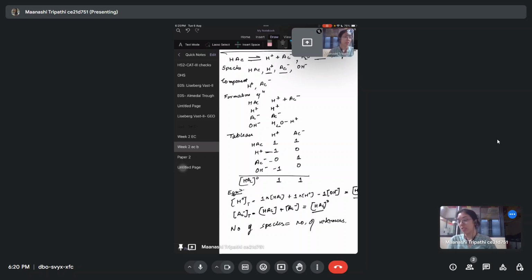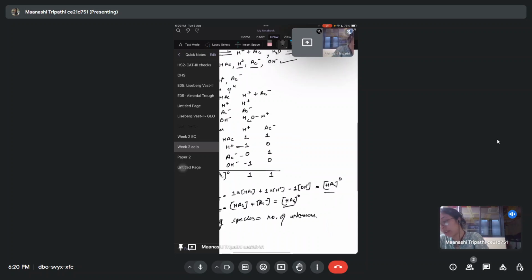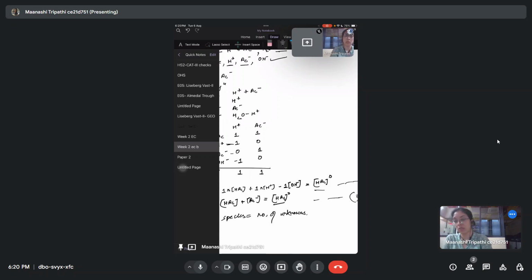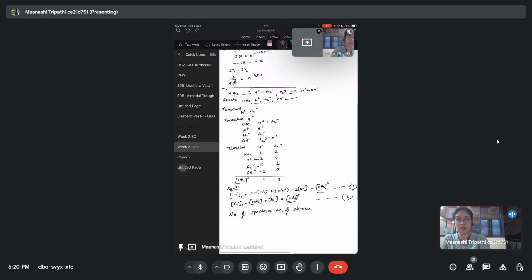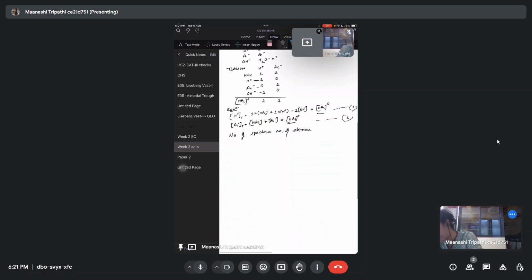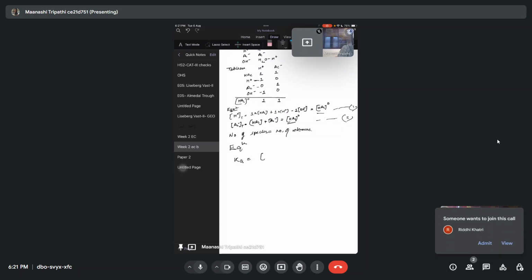So how many unknowns we have? 4. But how many equations we have from component balance? It's 1 and 2. How will we get the other 2 equations? We can get them from equilibrium. So Ka, the dissociation constant, will be